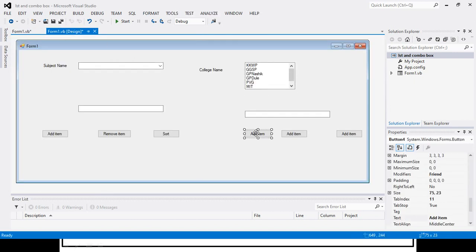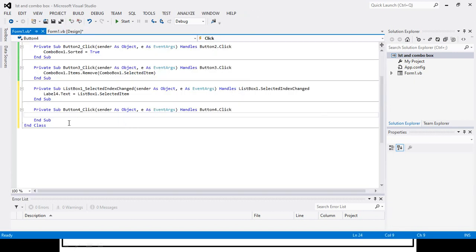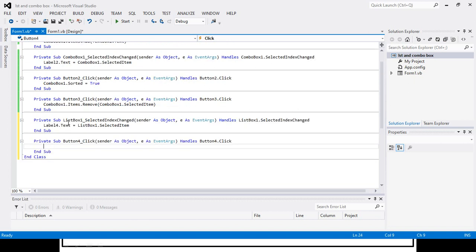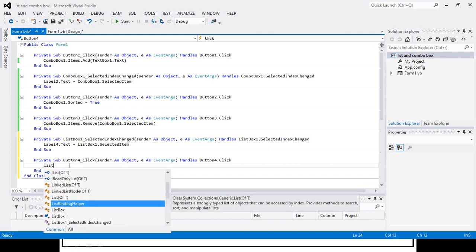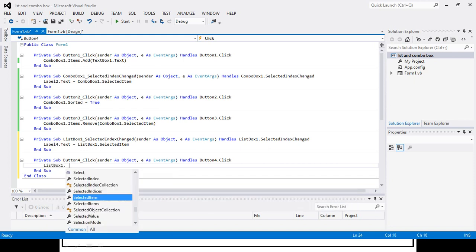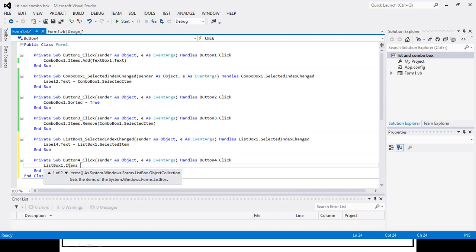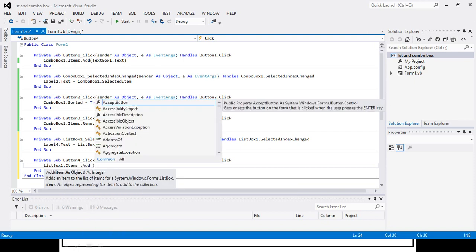After that, add item. On the click of the add item button, the new element from the text box will be added into the list box. For that we will write the code like this: list box 1 dot items dot add, and here our text box.